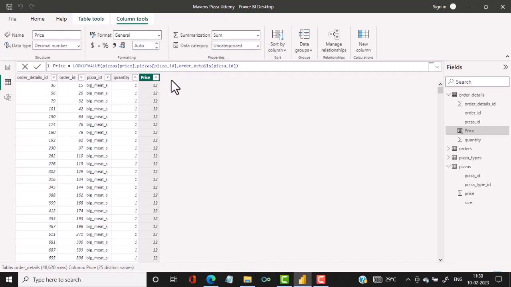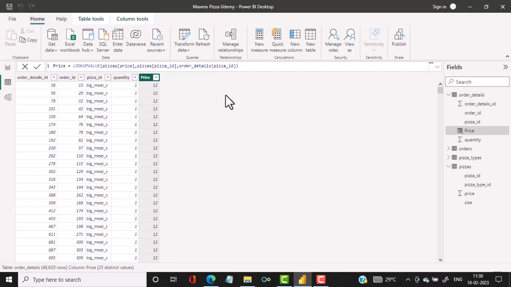Now if I want to calculate the sales, which is the product of quantity into price, that would give me the sales figures. So in that case what we'll have to do is create one DAX. To create a DAX you have an option over here called new measure. So, or let's just create a simple column. So we'll create a new column,